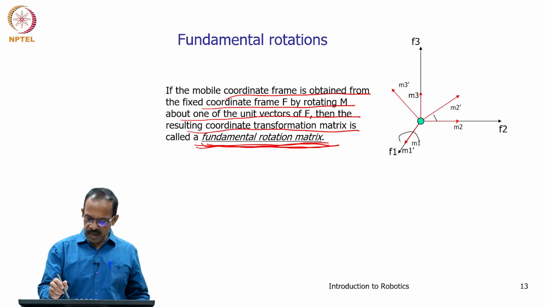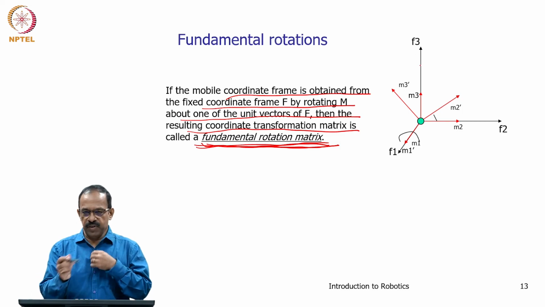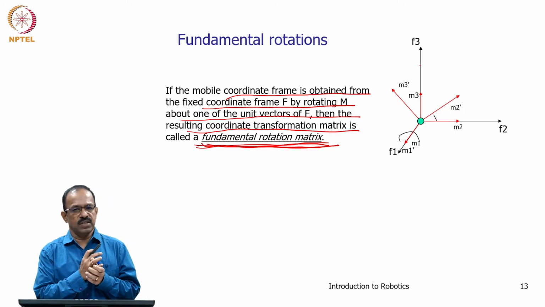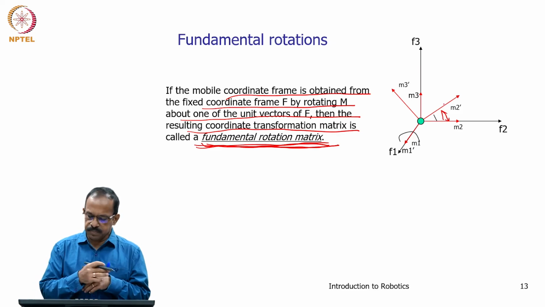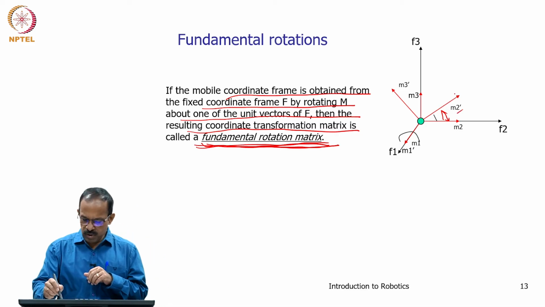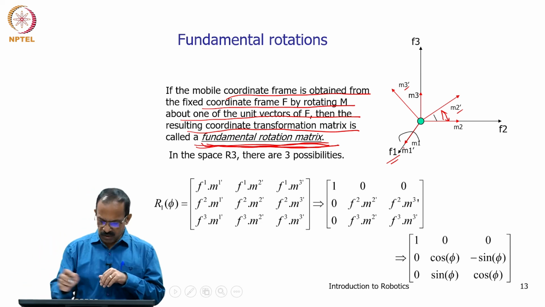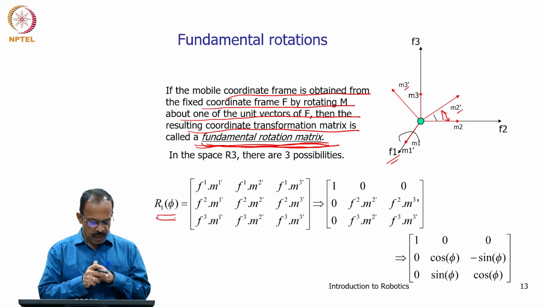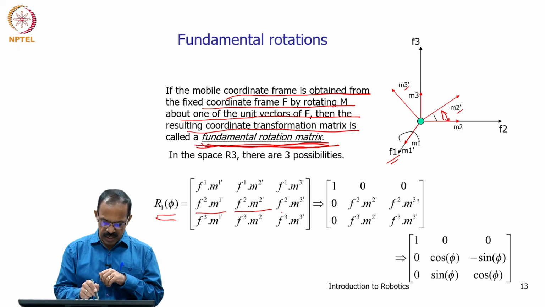As I showed you, you can have a rotation like this. You have F1 M1, F2 M2, F3 M3, that is, the coordinate frames are F and M. So, F1 F2 F3 represents the fixed frame, and M1 M2 M3 represents the mobile frame, and then assume that the mobile frame has rotated by an angle theta. Now, the new frame is M2 dash and M3 dash, and it has rotated with respect to F1. We can get this as R1 phi, the rotation matrix, as F1 dot M1, F1 dot M2, F1 dot M3, and then F2 dot M1 dash, F2 dot M2 dash like this.